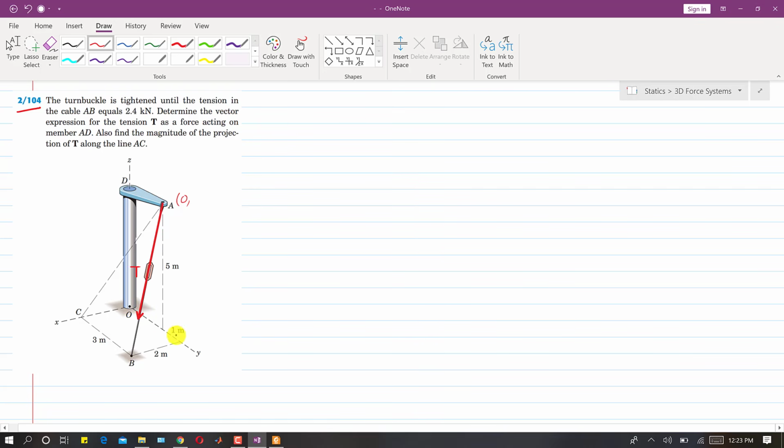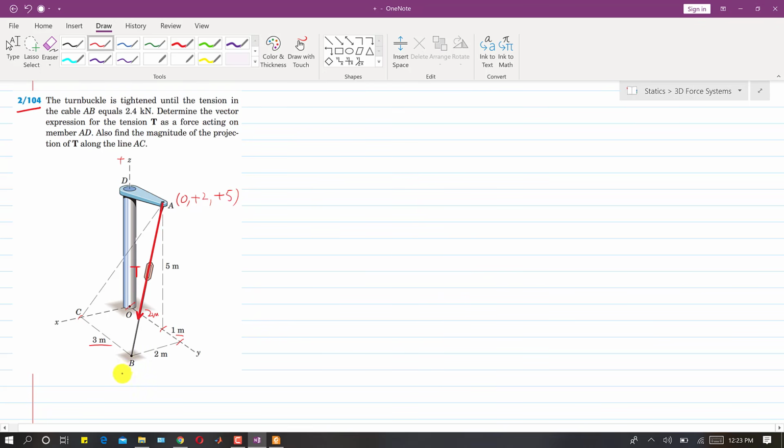So we will travel in the direction of y. This length from here to here is 1 meter, and as a whole from origin to this point, the whole distance is 3 meters, right? So this distance is 2 meters, right? So we will travel 2 meters in the positive y direction, so this will be plus 2, and then we will travel in the positive z direction, so we will reach this point A, so this is plus 5.